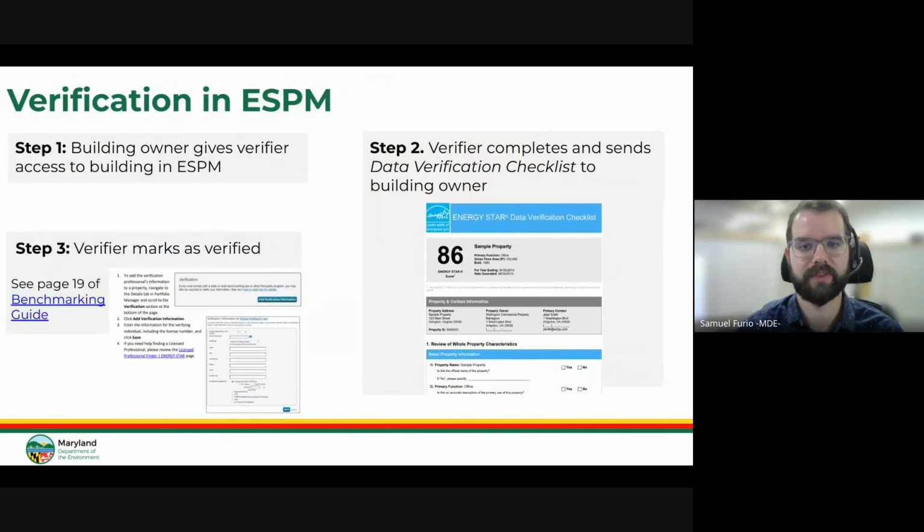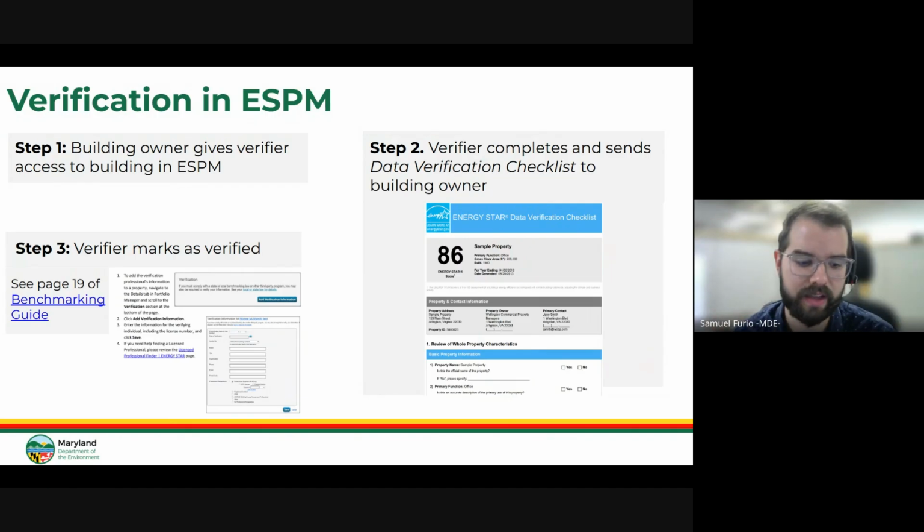So how does this verification look in Energy Star Portfolio Manager? So I'm sure if you're representing a building owner, or building owners, they are already set up in Portfolio Manager for this first benchmarking year that we had.